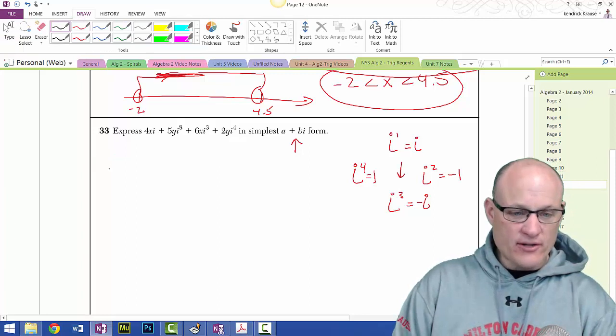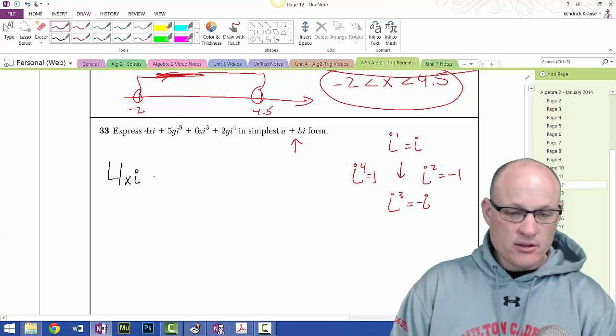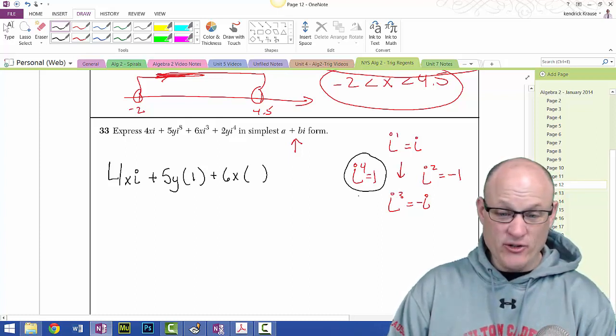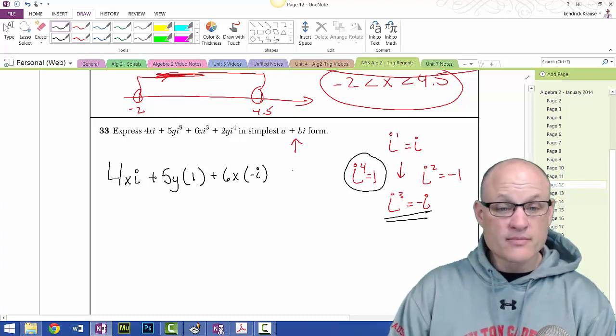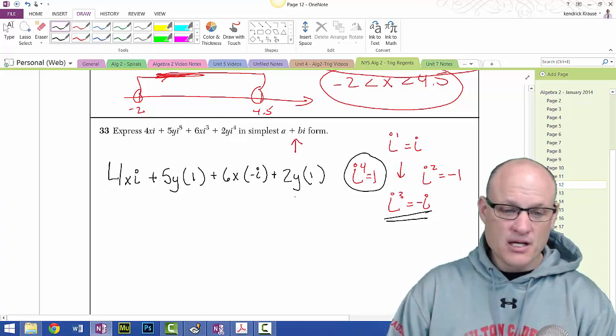We've got 4xi. I can't do anything with just an I, so that's just 4xi. Plus 5y. Now I to the 8th is a multiple of 4, so that's just a 1. Plus 6x I cubed is negative I. And then finally we've got this plus 2y I to the 4th. Well, I to the 4th is just 1. So what I end up with is